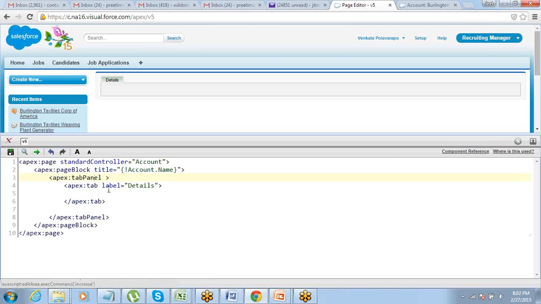So these are all ready-made components. Using ready-made components, you will not have the liberty to do anything and everything that you want. But most of the things are readily available. So see, you don't have to do anything by default. The tab panel is ready, the tab is ready. You just